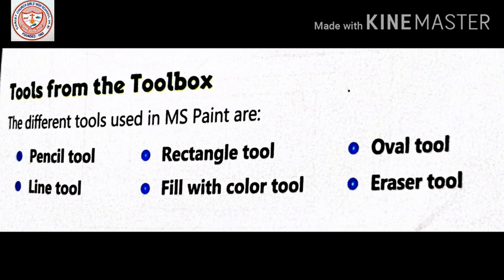We are going to learn in the next slide about all these tools briefly, what the uses of these tools are and how they are used. Okay?